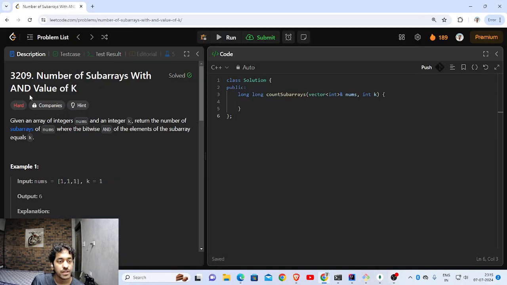Alright, so today we are going to look at this problem. It's a hard problem, and I think it's from the recent biweekly contest. I think it was 174, I could be wrong. The question states that we are given an array of integers, nums, and